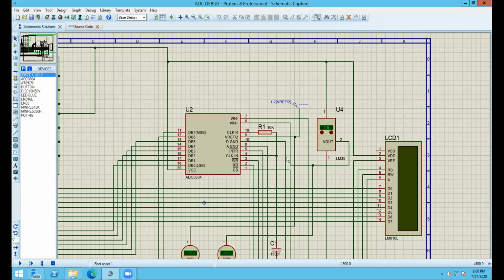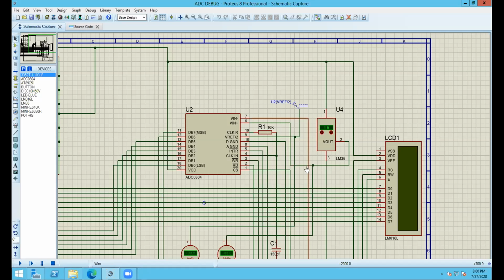This is simple. Just subtract the two and divide the result by 2. 11 minus 1 is 10, by 2, it's again 5. You have to deal with the range, not the values, but the range. 1 to 10, 1 to 11, 2 to 12, just like that. Here we are dealing with 0 to 1. So that's why we have given 0.5 volt there.